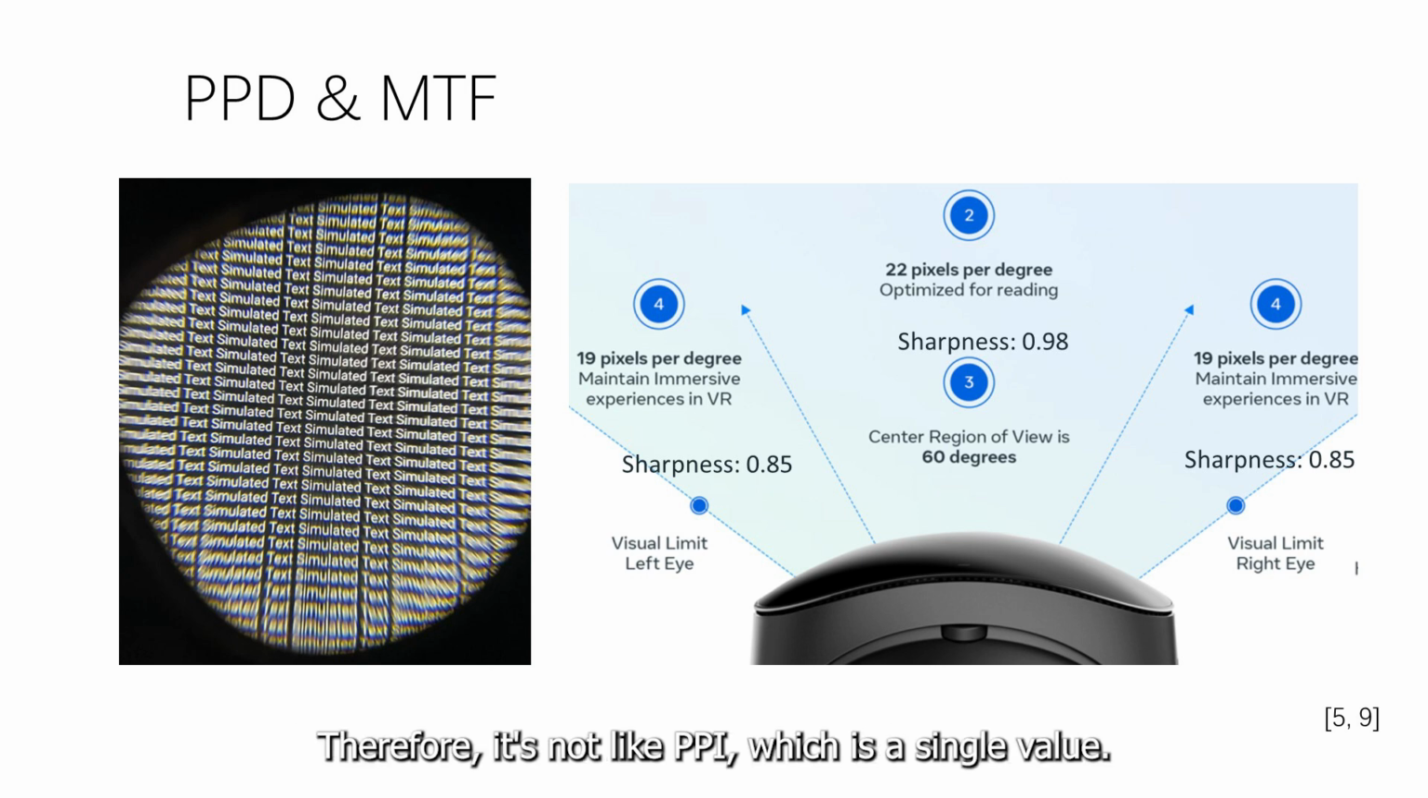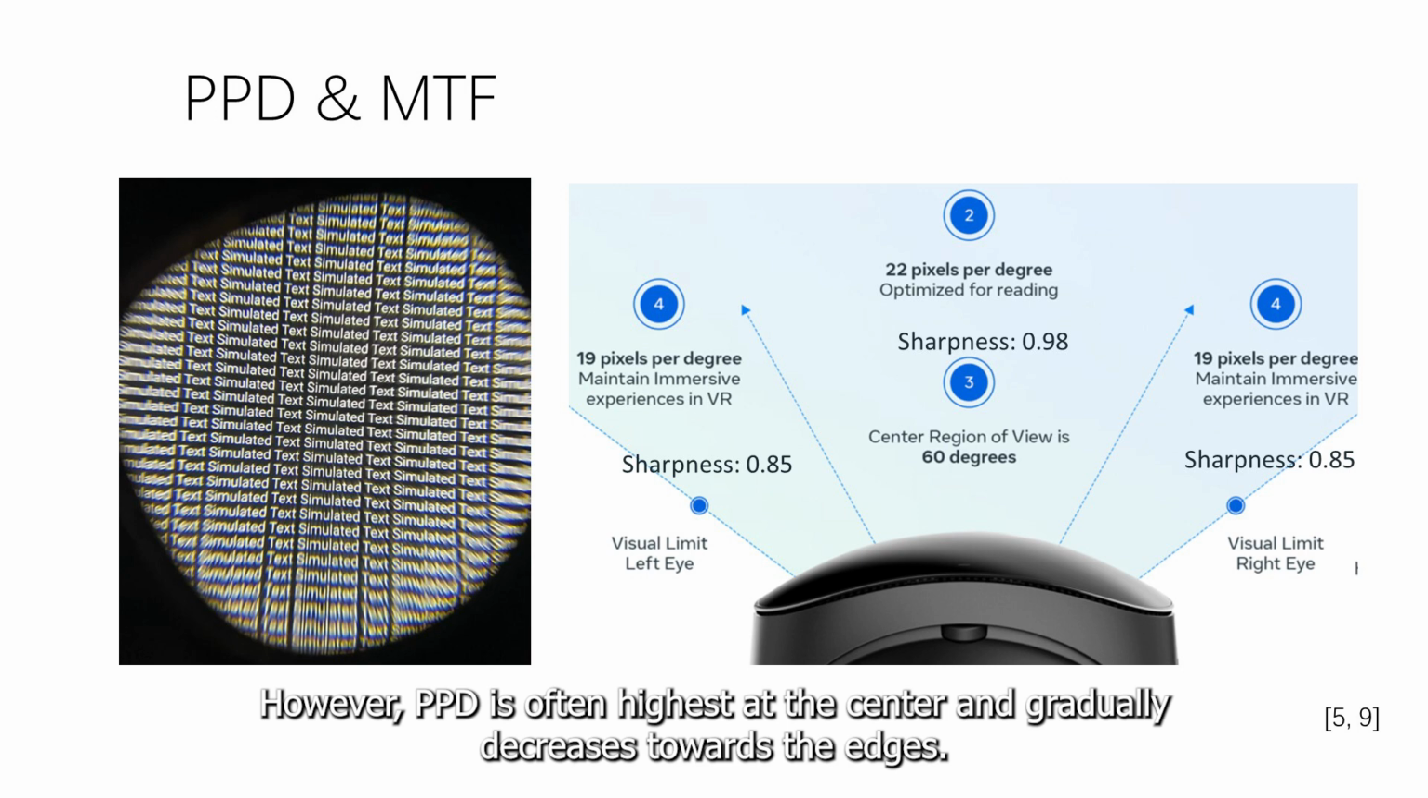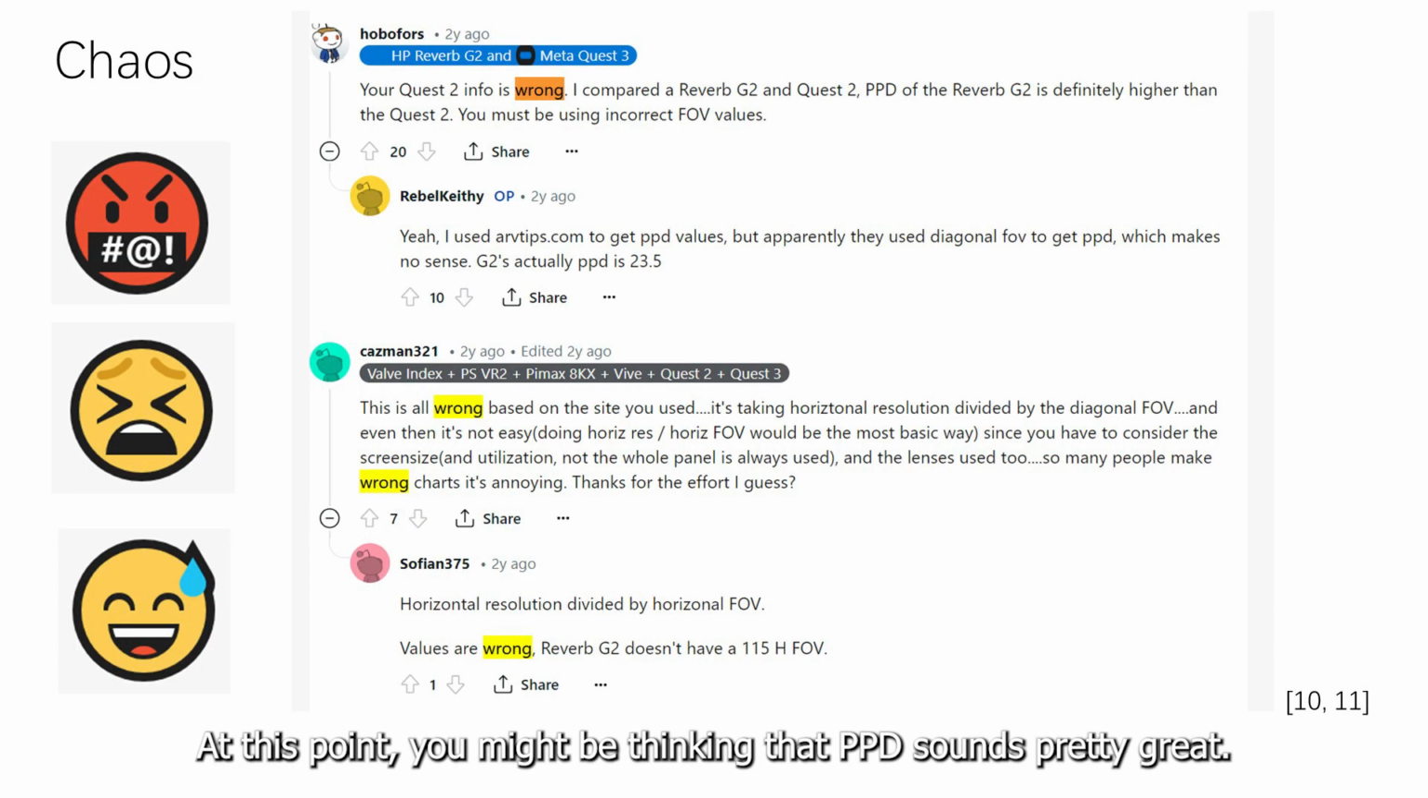Therefore, it's not like PPI, which is a single value. For a typical display, the PPI is the same across all parts of the screen. However, PPD is often highest at the center and gradually decreases towards the edges. At this point, you might be thinking that PPD sounds pretty great,